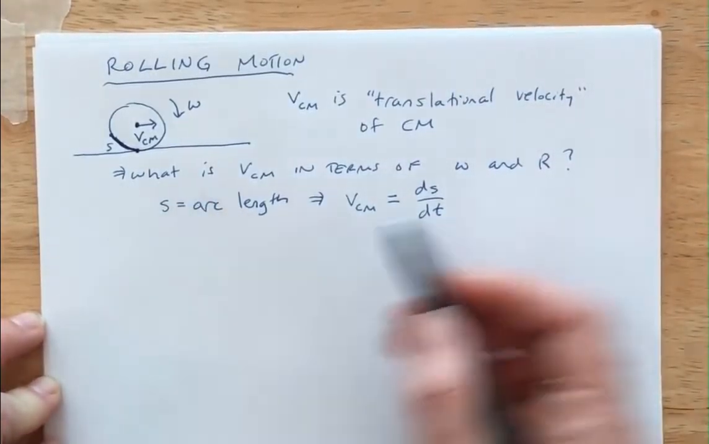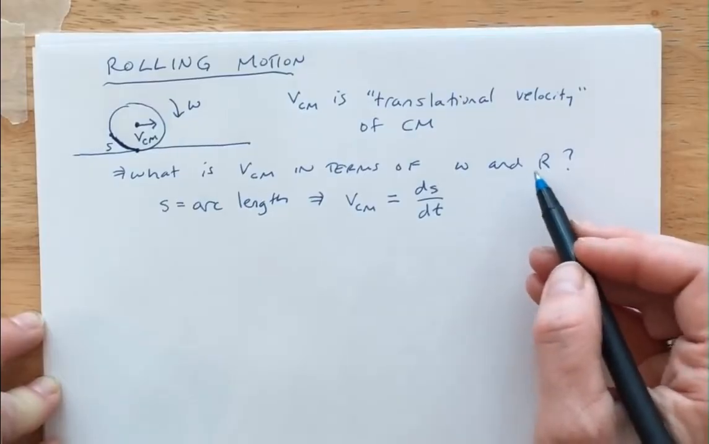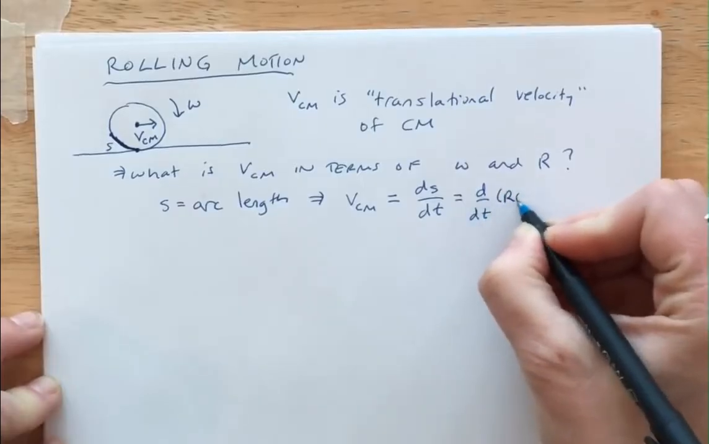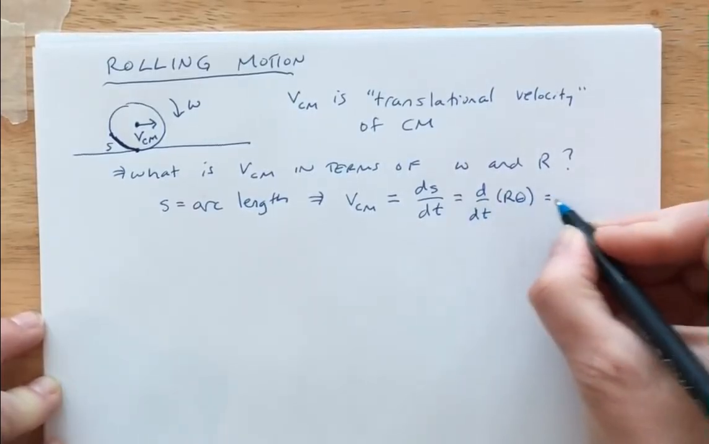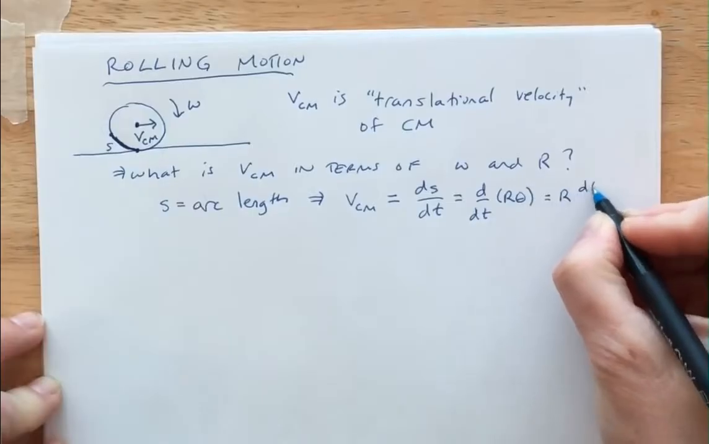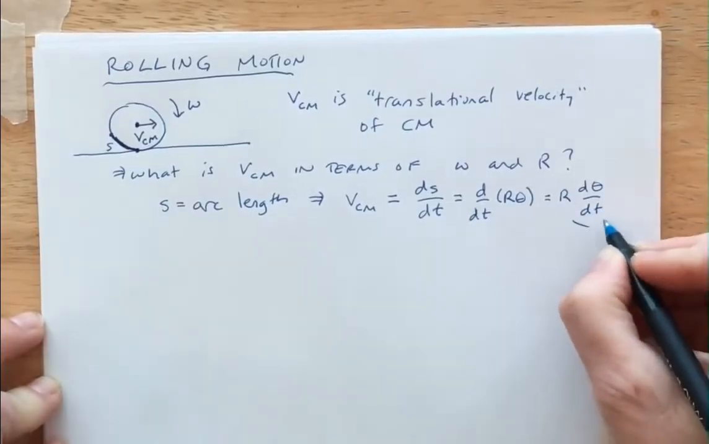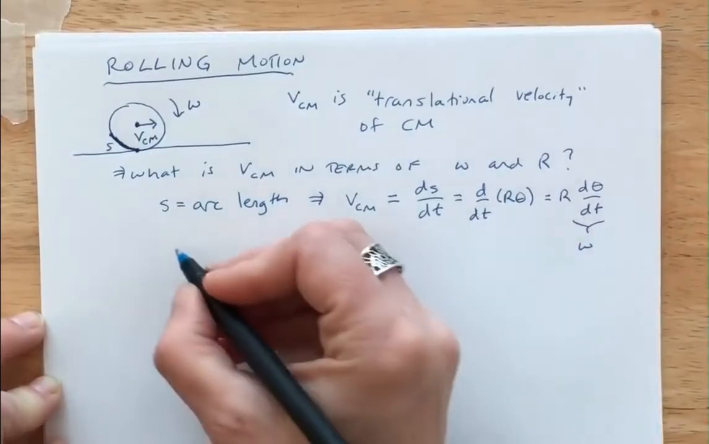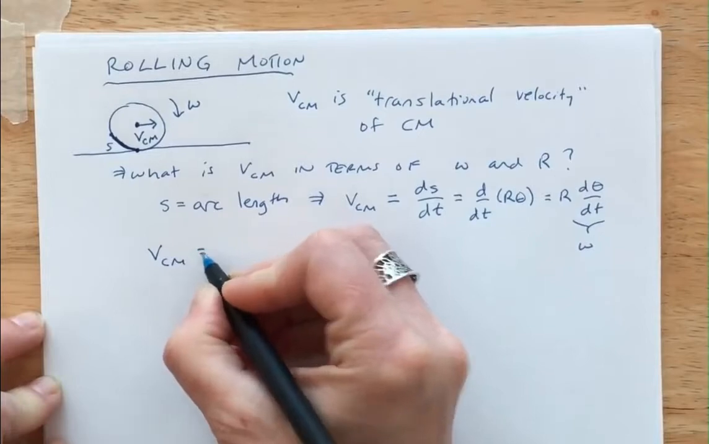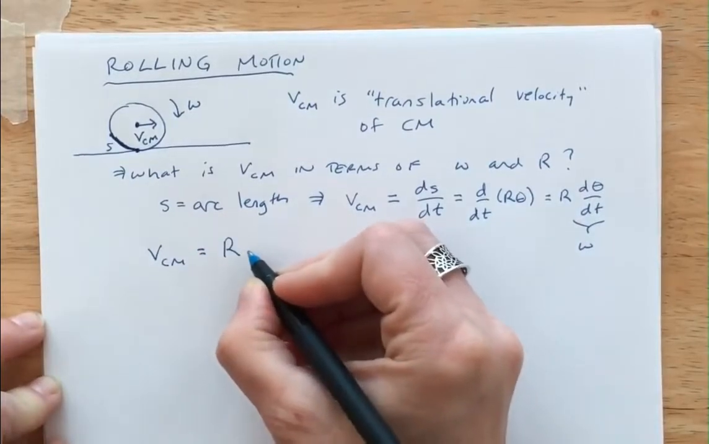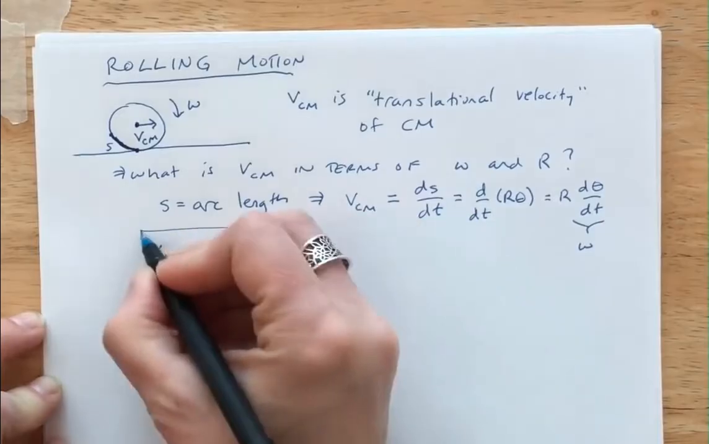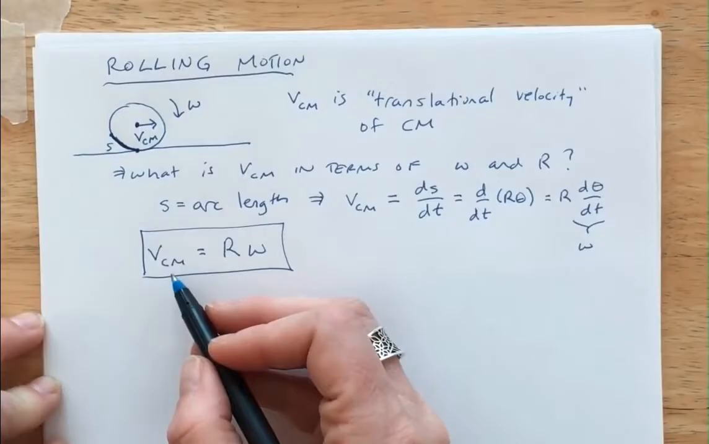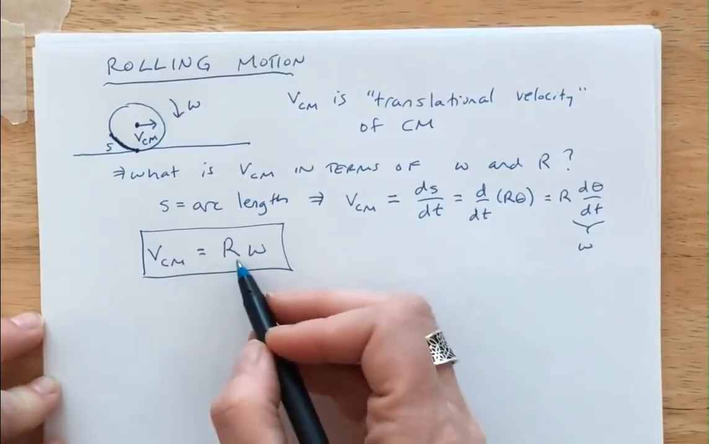And remember that arc length is just r times theta in radians, and so we can write d/dt of r theta. And r is a constant, so this becomes r times d theta/dt, and d theta/dt should look familiar: that's just equal to omega. So that leads us to the result that the velocity of the center of mass of the wheel is equal to the radius of the wheel times the angular speed of the wheel, which makes sense because a larger wheel with the same angular speed will have a center of mass that goes faster than one with a smaller